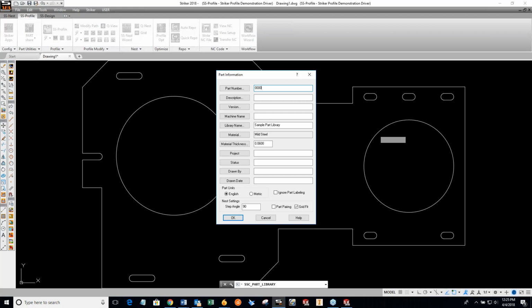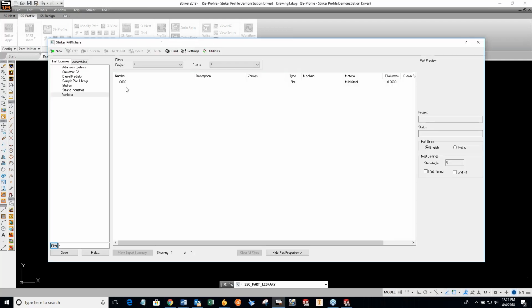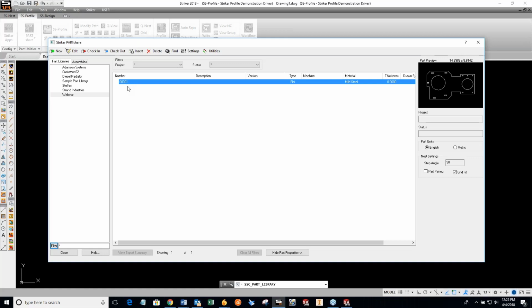We'll just throw a part number on here. I could give it a description. I will give it a new library name so we don't mix it in with these other parts, and we'll throw it into a library called webinar, and I'll just let the rest of that information default. Now, I have this part out here, and what I wanted to show you before we jump back into SOLIDWORKS